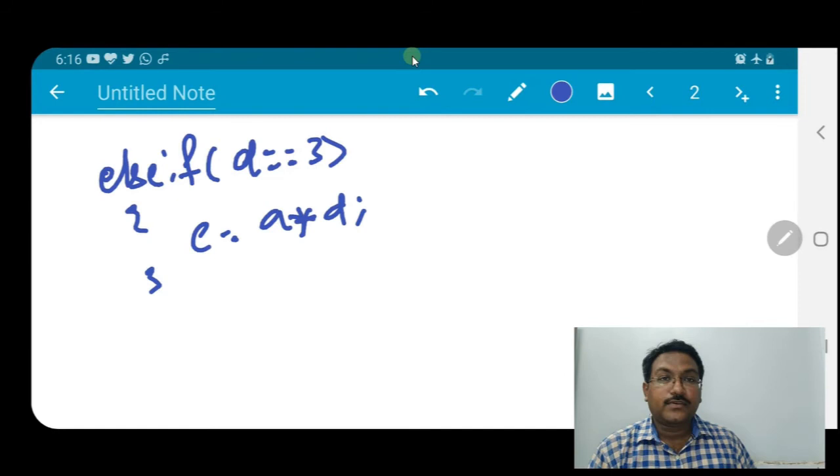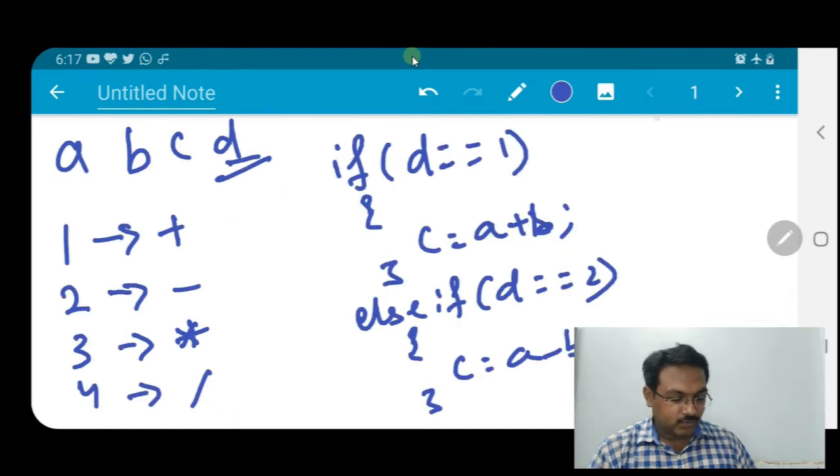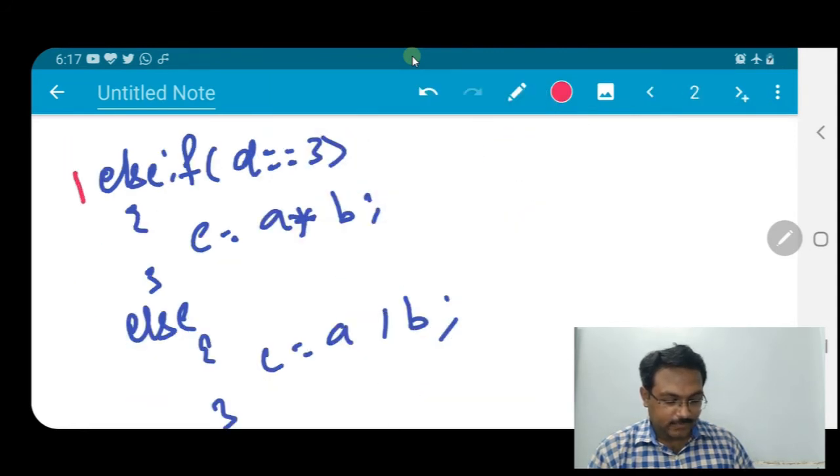At last, if it is not 1, 2, 3, then else it is 4. That means we will write else C is equal to A divided by B. Sorry, it's B. And so like this we can write in if else.